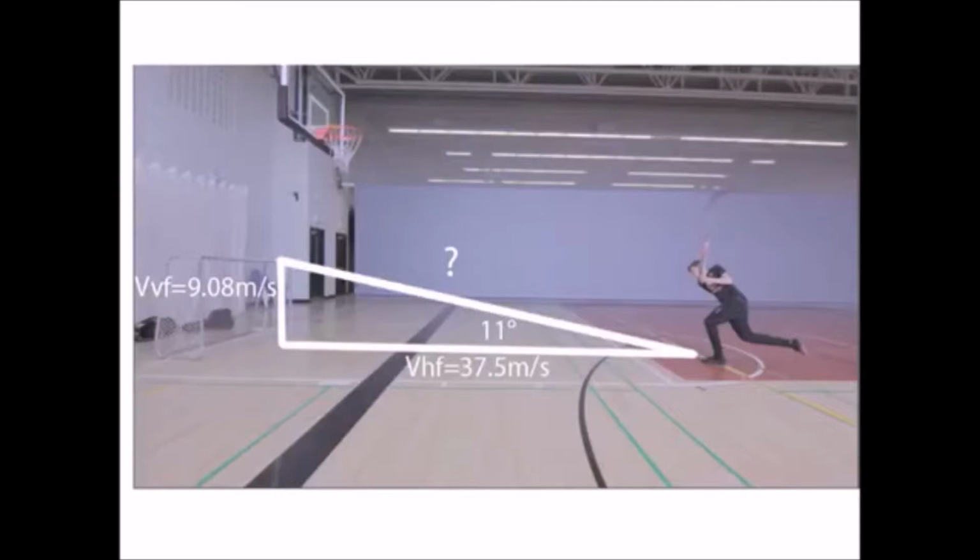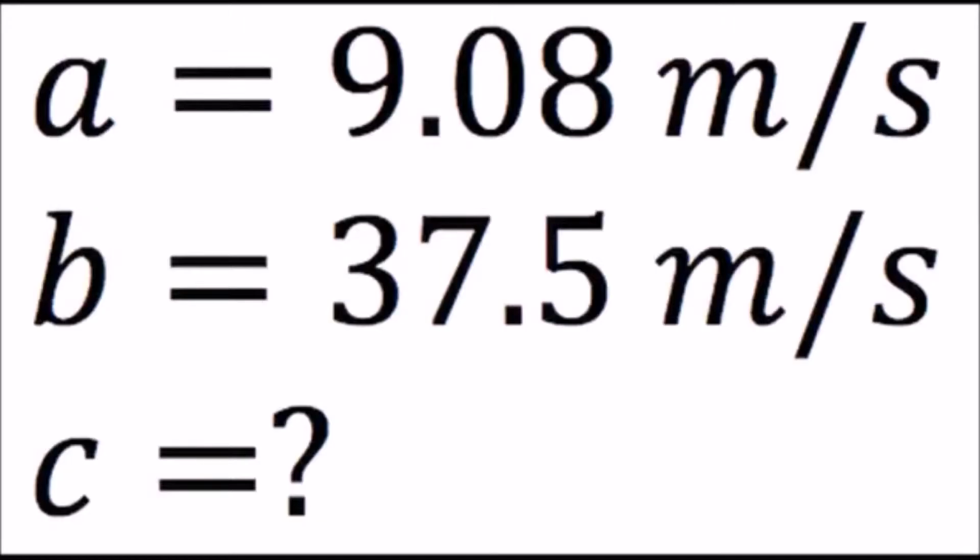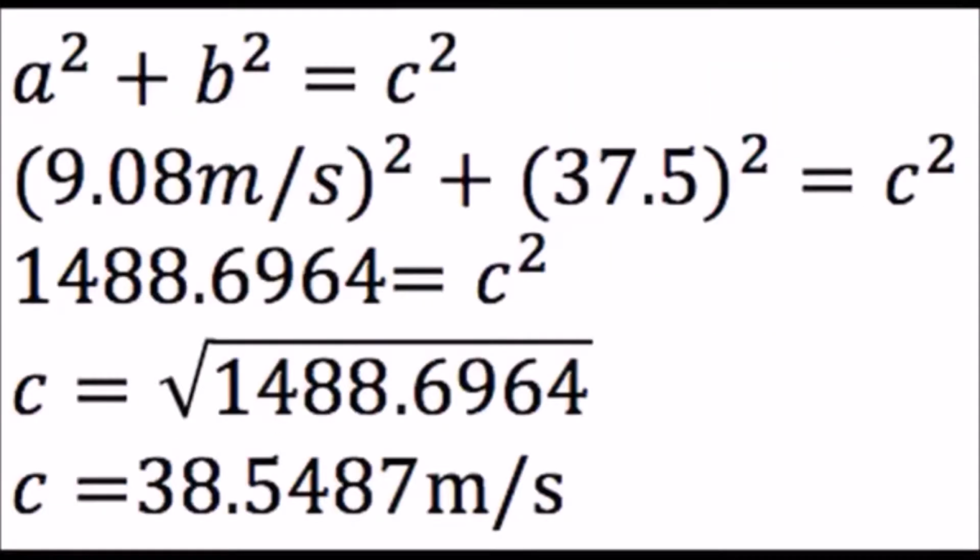Now I'm going to use Pythagorean theorem to figure out the velocity of my shot. For my givens list, A equals 9.08 meters per second, B equals 37.5 meters per second, and now we have to figure out C. I used the equation A squared plus B squared equals C squared. I plugged in all my numbers and figured out that